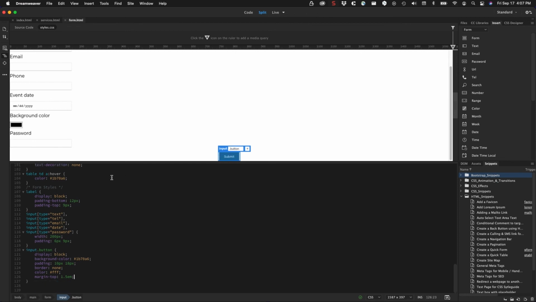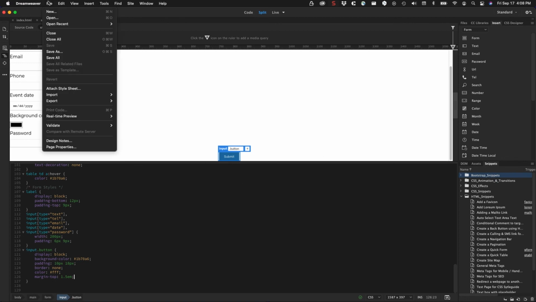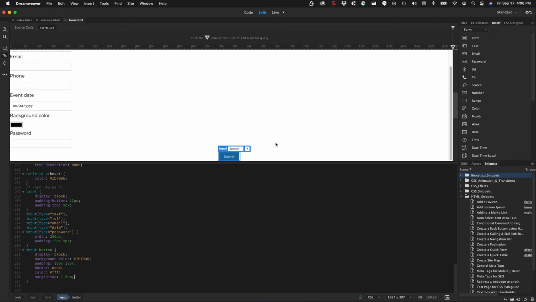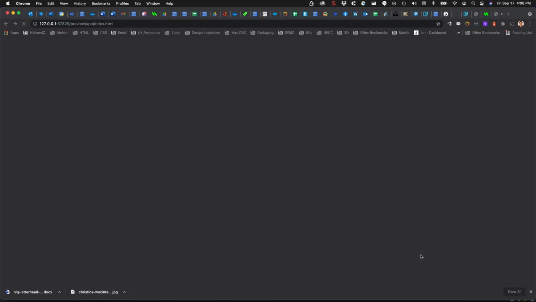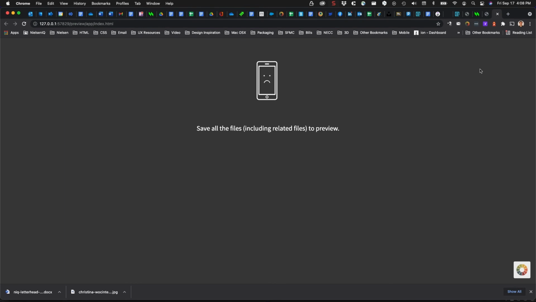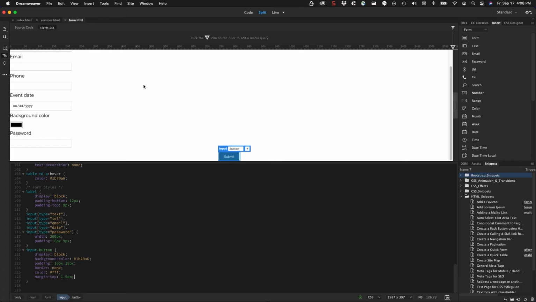So that's styling that. And again, I'll try to go File, Save All. And let's try to preview this in a browser. Yeah, it's not working. So we'll take a look at,